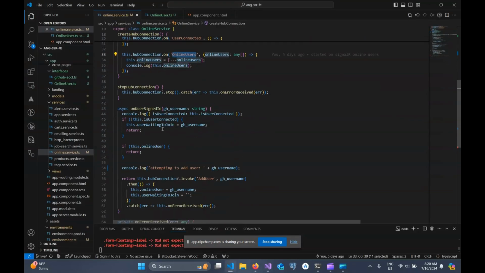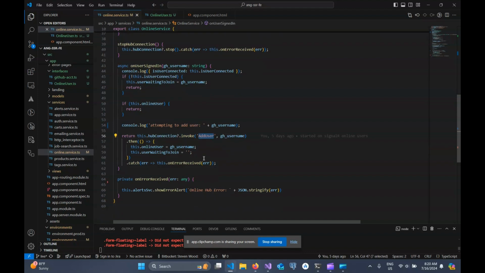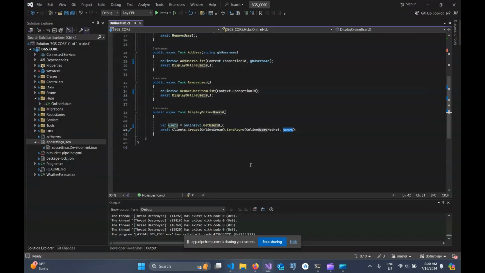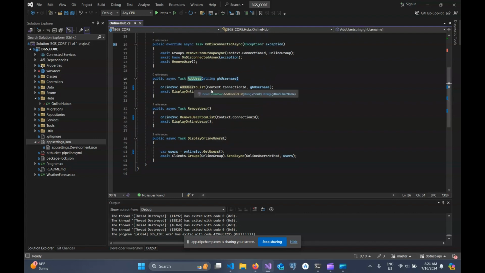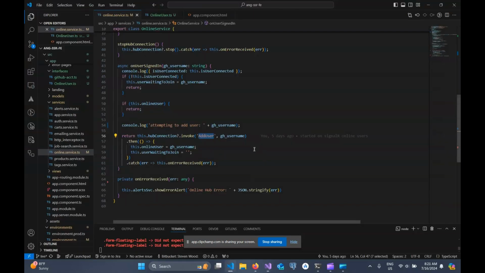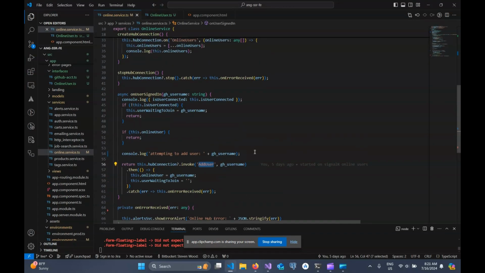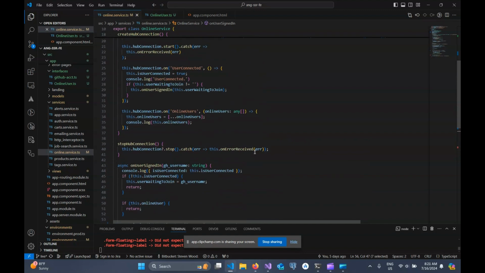Stop hub connection on user signed in, add user, that's what we invoke on the back end here. You can actually get the user added to the list. And that's it to get working with real-time